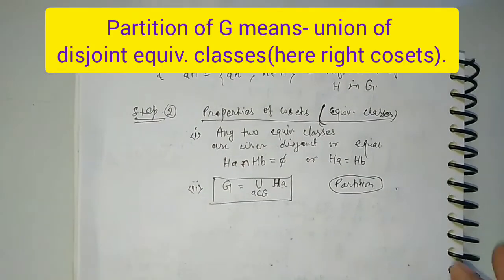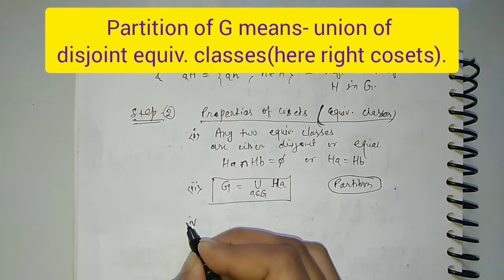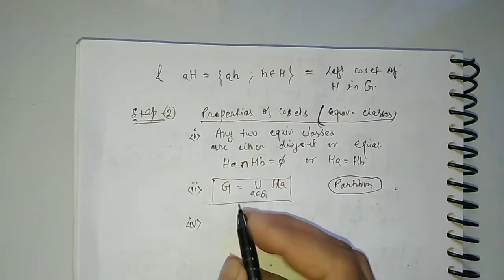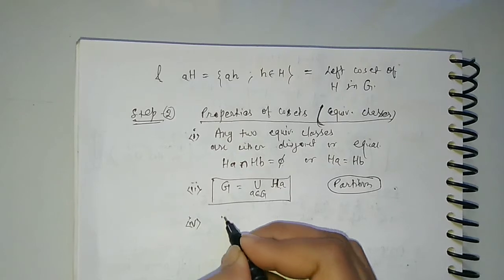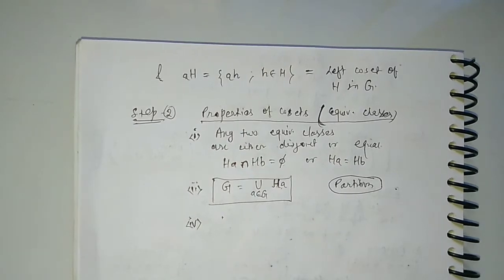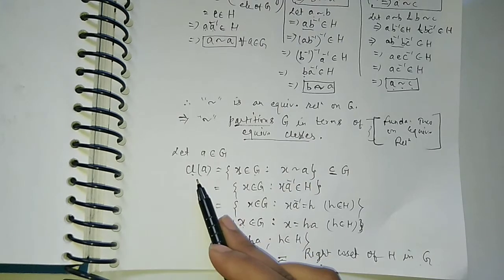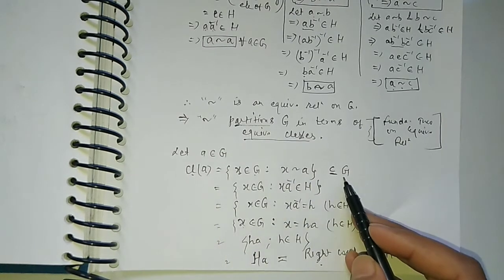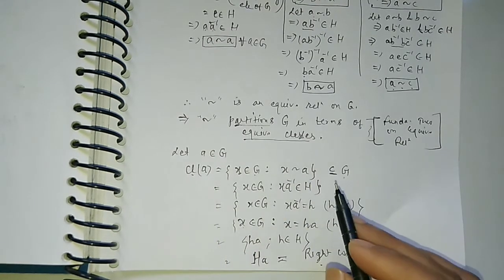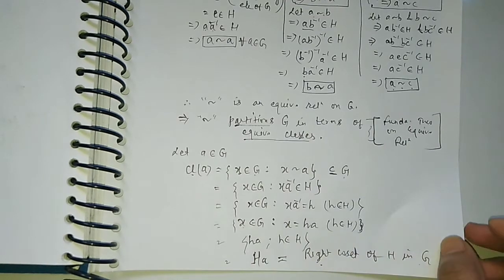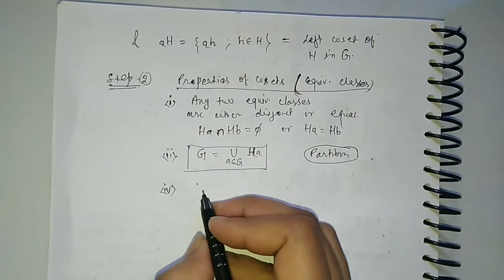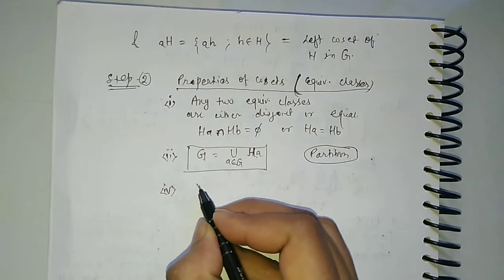Some other notes or properties of cosets are like that. We saw that every coset, that is equivalence classes, is a subset of G, but not necessarily a subgroup. So when a subset becomes a subgroup,